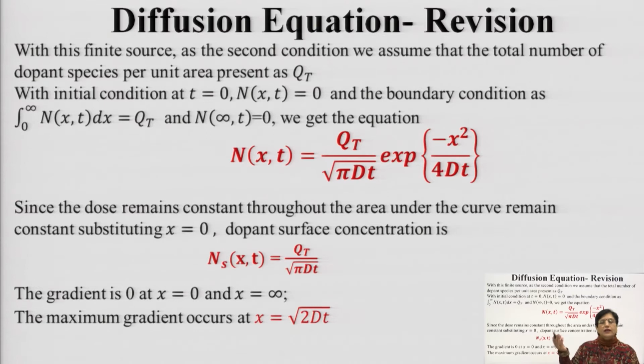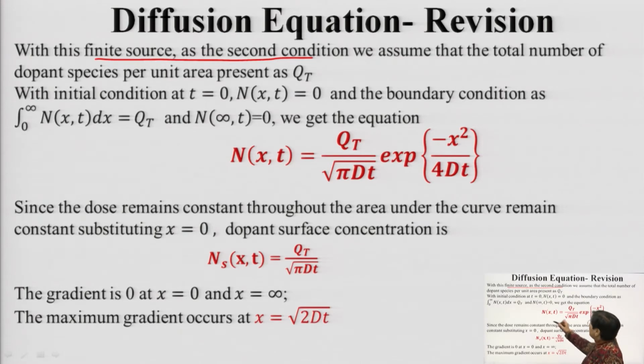The earlier condition was the infinite source, which we call constant source diffusion. There was plenty of source existing and the diffusion was happening in the presence of the source. The second condition we call finite source diffusion. Under this we assume the species have once moved into the bulk, and further diffusion conditions are available, and whatever movement of species is happening within the bulk is being studied.